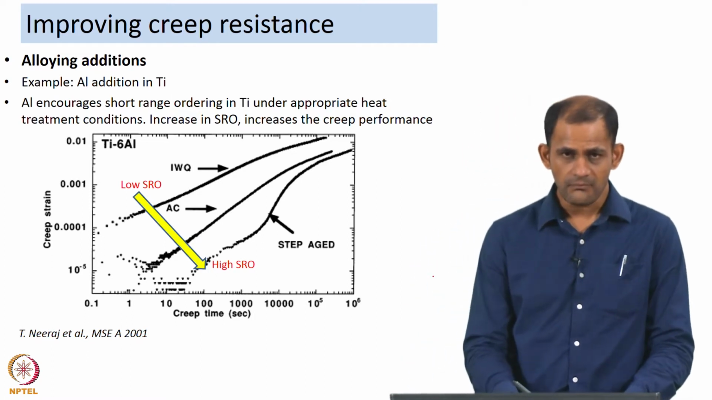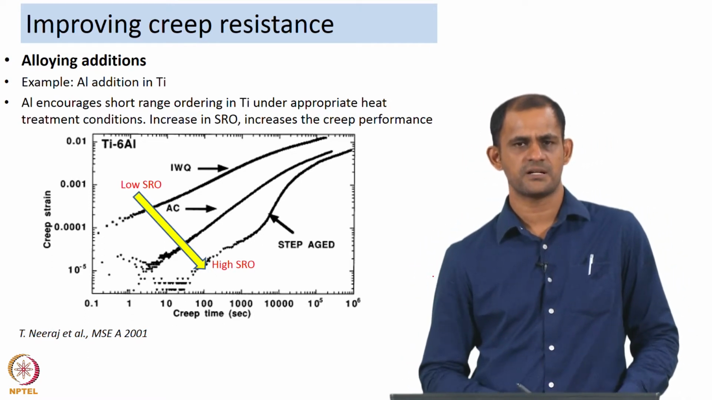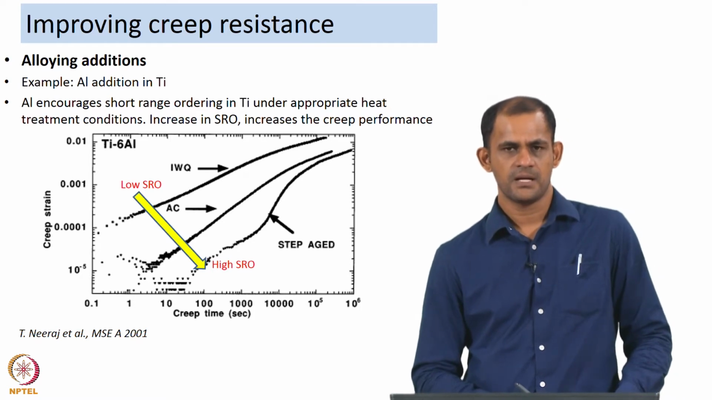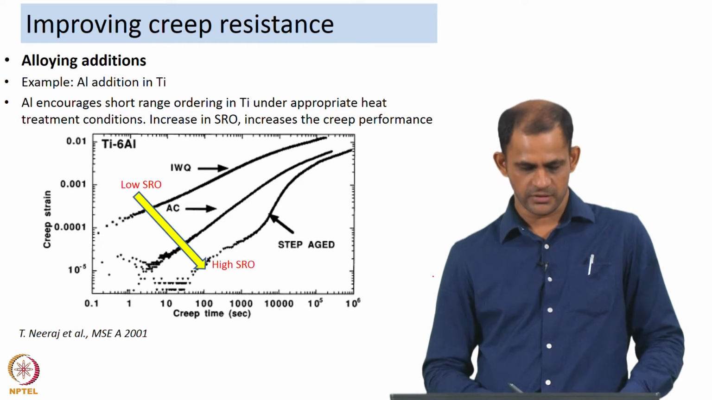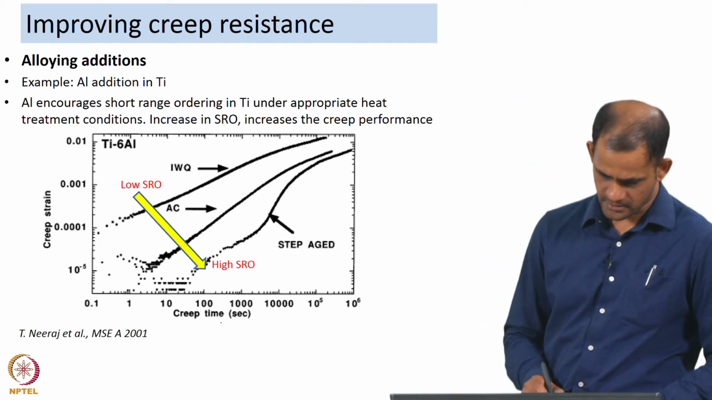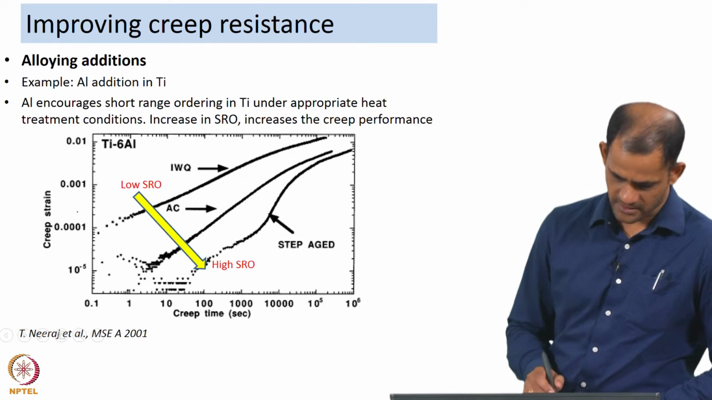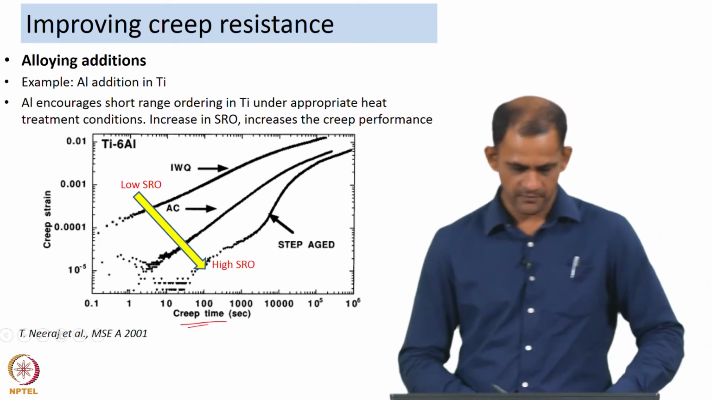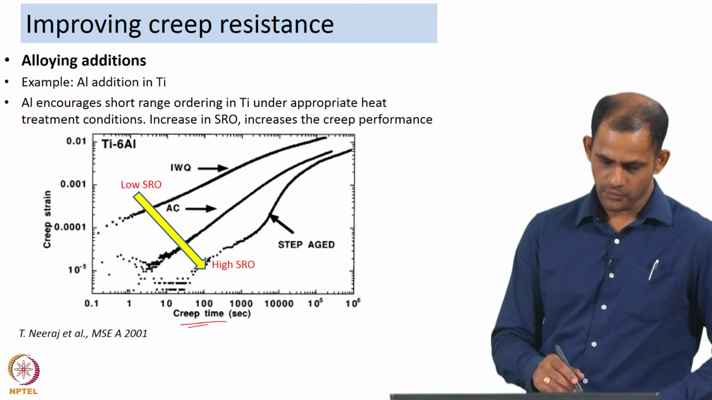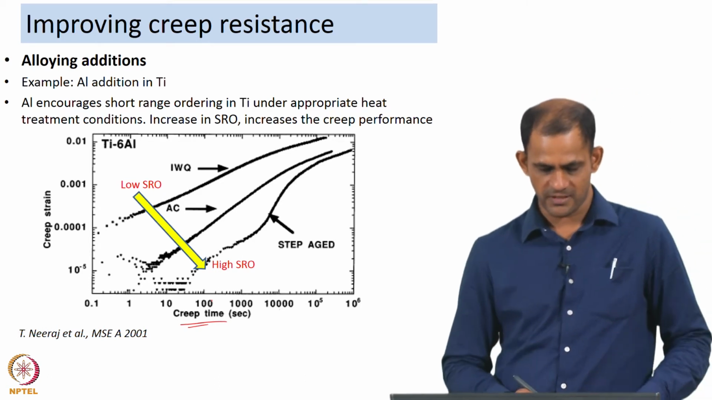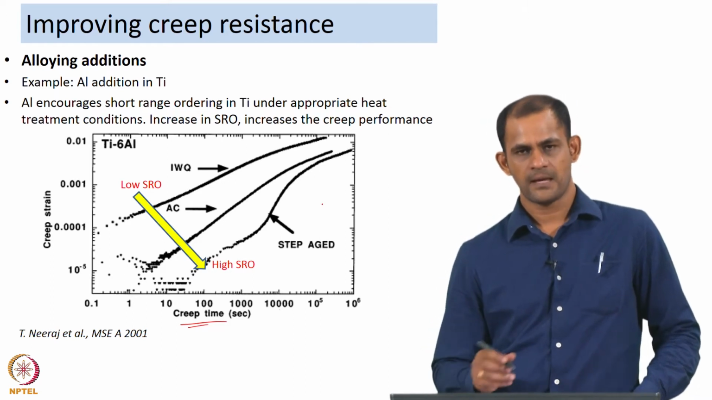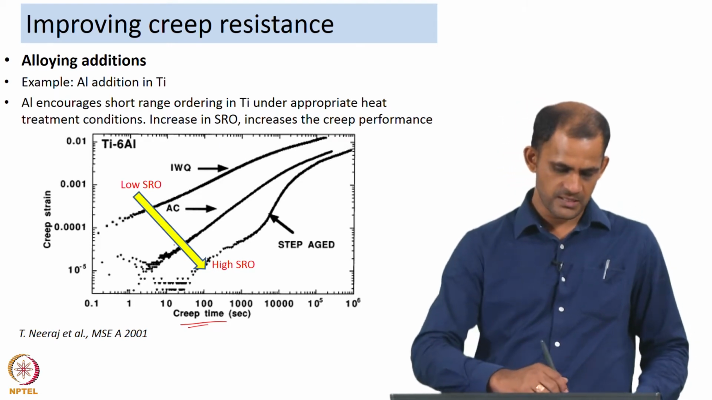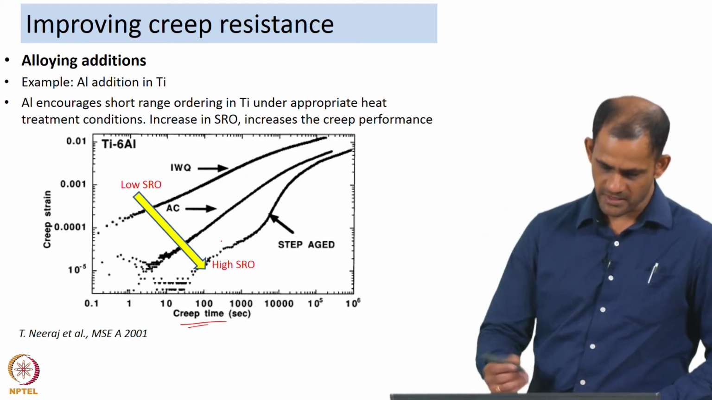Aluminum is added to titanium as a strengthener, and people have observed that aluminum encourages short range ordering, the development of a short range order in titanium under appropriate heat conditions. This particular plot is between creep strain versus time. So, it is a creep curve, and what people have noticed is if you somehow increase the amount of short range order within the material, and the amount of short range order can be improved by appropriate heat treatments, then there seems to be an improvement in the creep